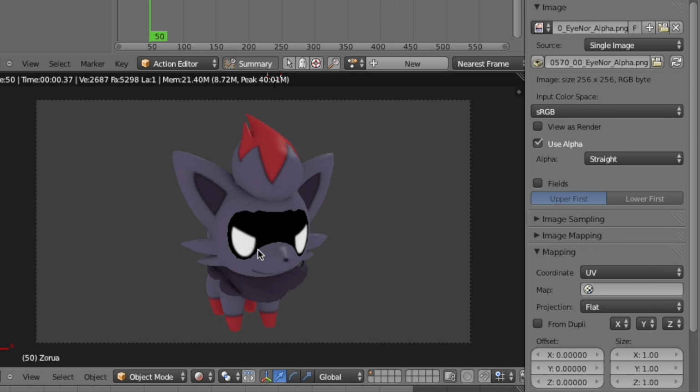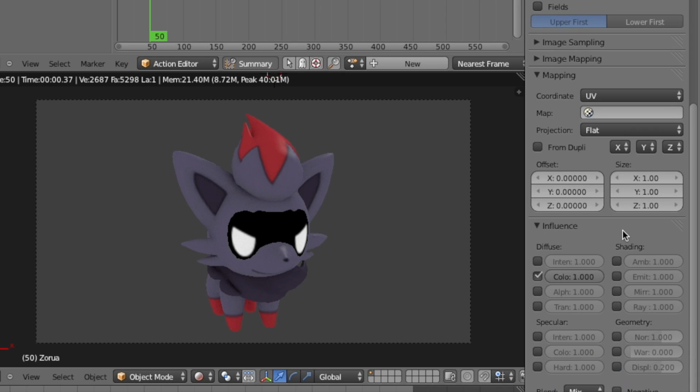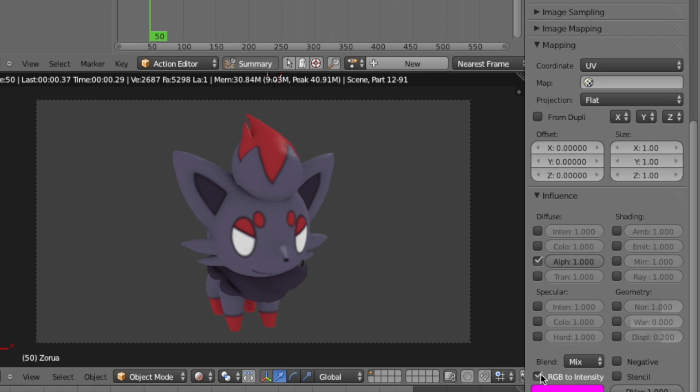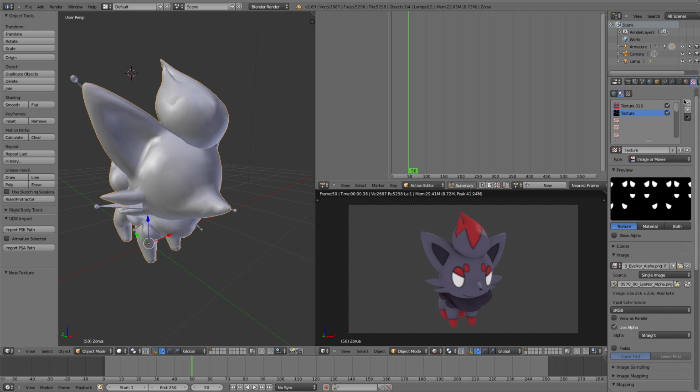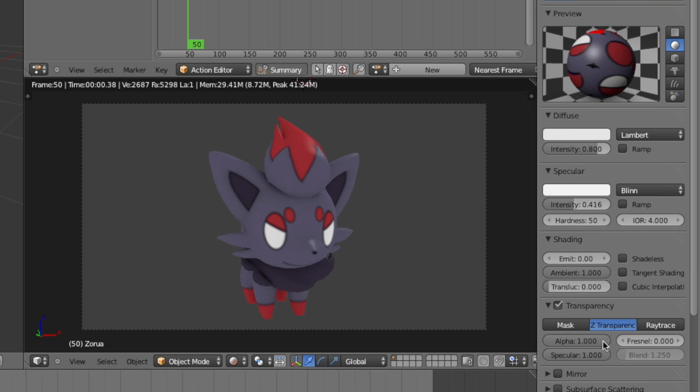So now Zorro has these white evil eyes, but we're also going to fix that as well. So down here, we're going to change this from color. We're going to turn color off and turn alpha on. And then further down, we're going to turn on RGB to intensity and negative. So now if we go back to the material settings and go back to its transparency settings and turn this material's transparency to 0, you'll notice that